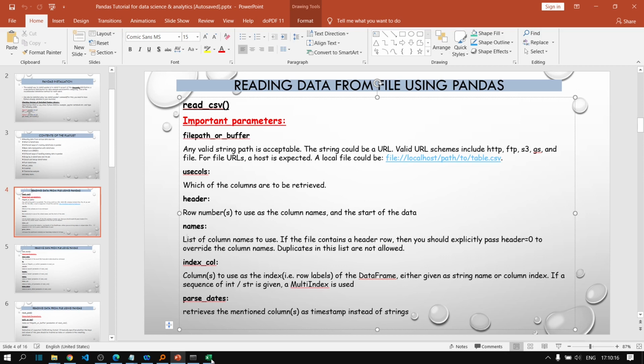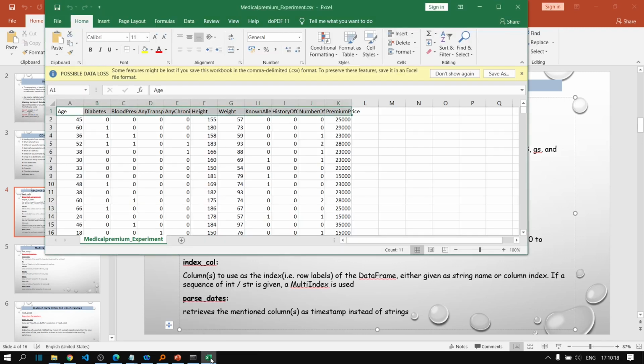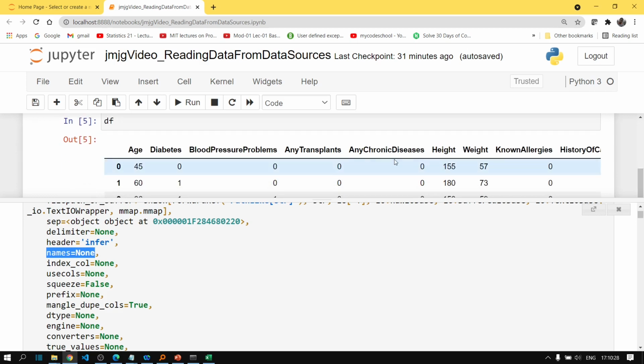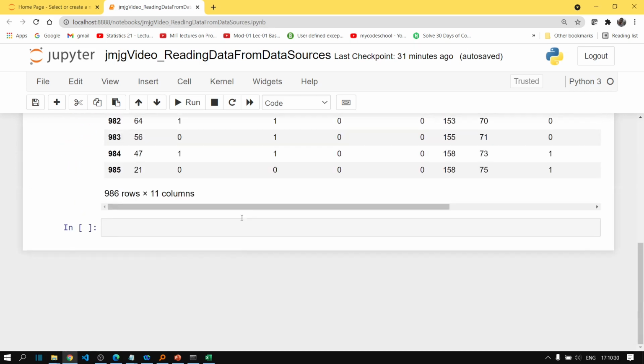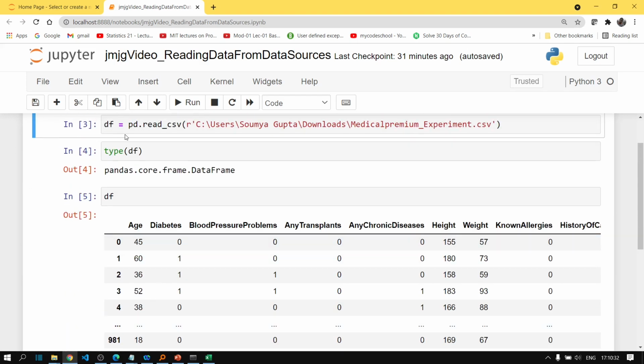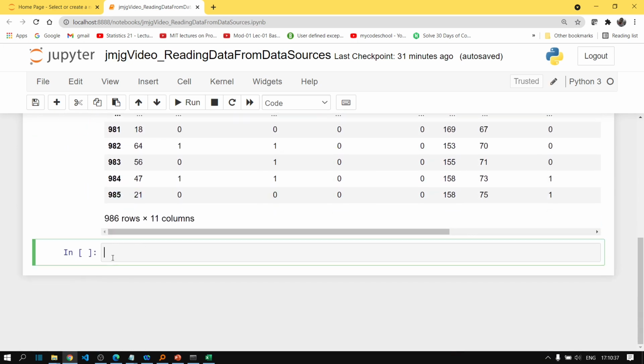So let's do that as well. Instead of using age, diabetes, blood pressure, etc., let's say, just for the sake of learning it, okay, let's close this now. Let's copy it from here and give it another name, let's say df1, and here let's use the names parameter.